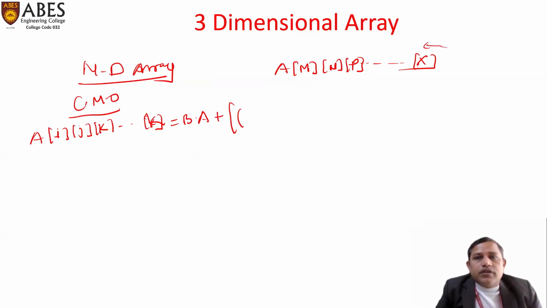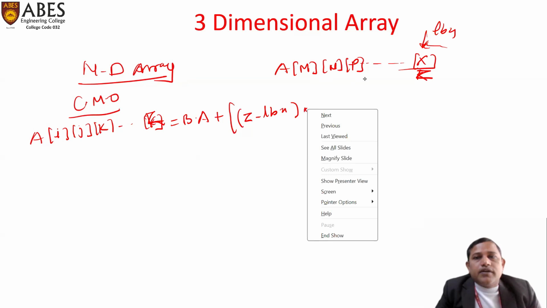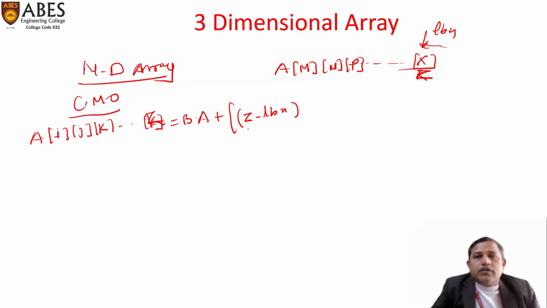Suppose you have a lower bound for this one, suppose this one is z, then z minus the lower bound of this one, suppose n, multiplied by the remaining elements from here, and the last one is m into n into p,